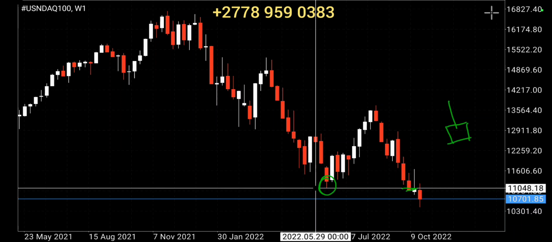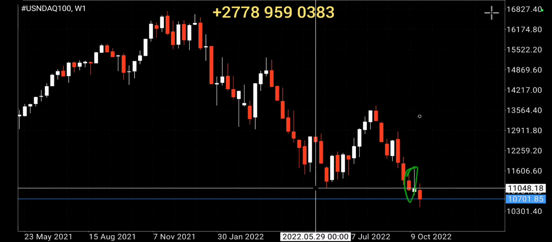This is not good. Maybe you could say that we have broken it, but we're still around it. Maybe the bulls will try to recover and push up. But when you start seeing stuff like this, you're like, no, now it's less likely. We are around the support. Yes, we just broke it, we're still around there. The bulls try to come back. How do you see that they're trying to come back?